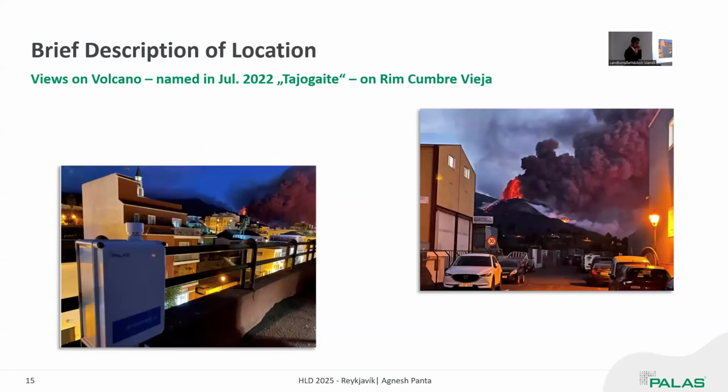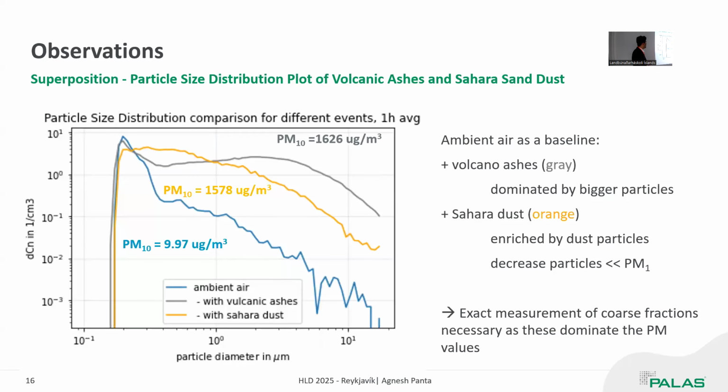And this instrument was used a couple of years ago in this volcanic region to look at the impacts of the volcano on the aerosol size distribution. And so we placed almost 9 aggregates around the area to have information on the spatial variability of the aerosols. And what we found,